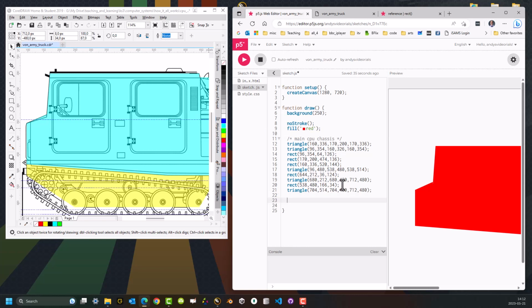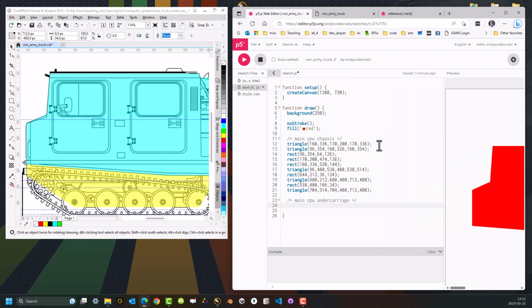So what I want to do now is just show you, or start to show you, main CPU undercarriage. Basically, I'm trying to show you how you really need to get organized. The more code you have, the more painful it is when something goes wrong or you need to change something. So adding little notations in here, even down to the point where I think for single lines, you can also use